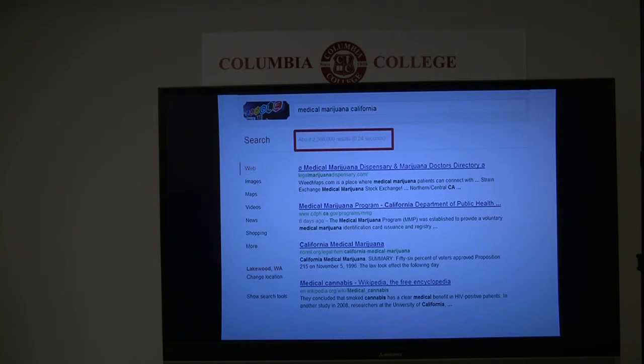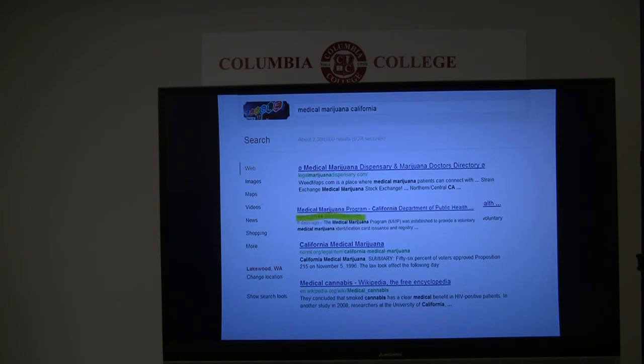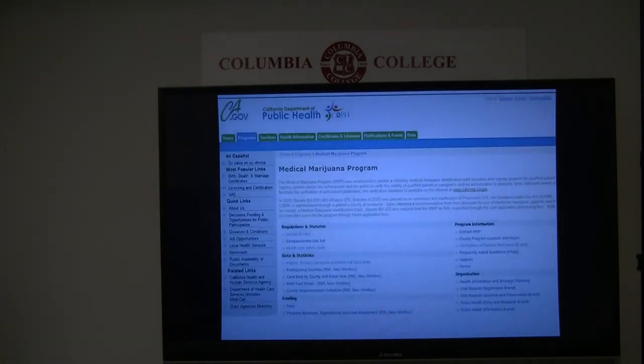There are several websites to choose from. Notice that one of the websites might be particularly good for research purposes. It is a government website. You can tell because .gov is in the web address. When you click on the link and open the website, it gives detailed and helpful information about medical marijuana laws, statistics, and costs. The information is coming directly from the state government website, so it is authoritative. Such government websites tend to keep information up to date and usually contain little bias. Their purpose is meant to be informative.